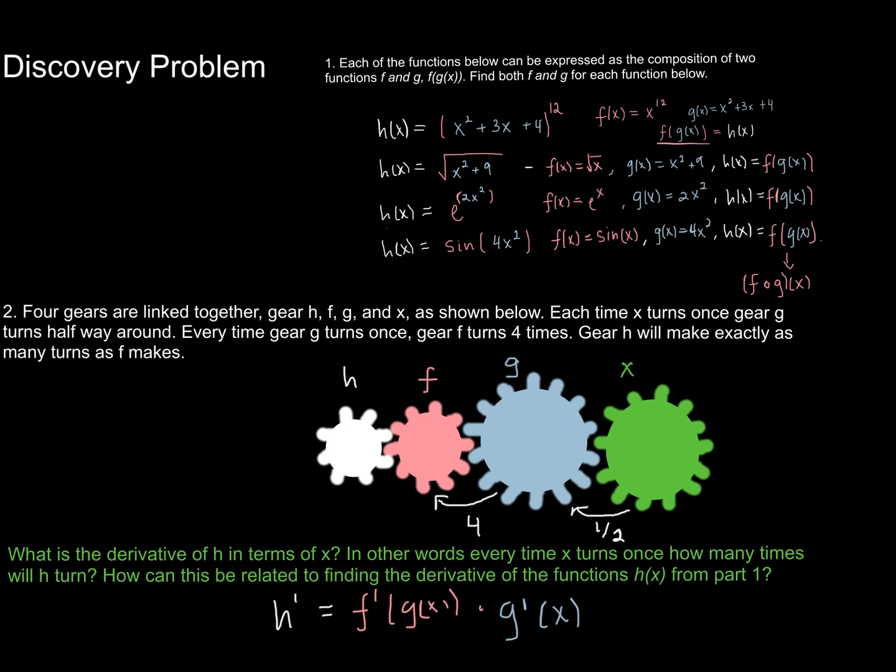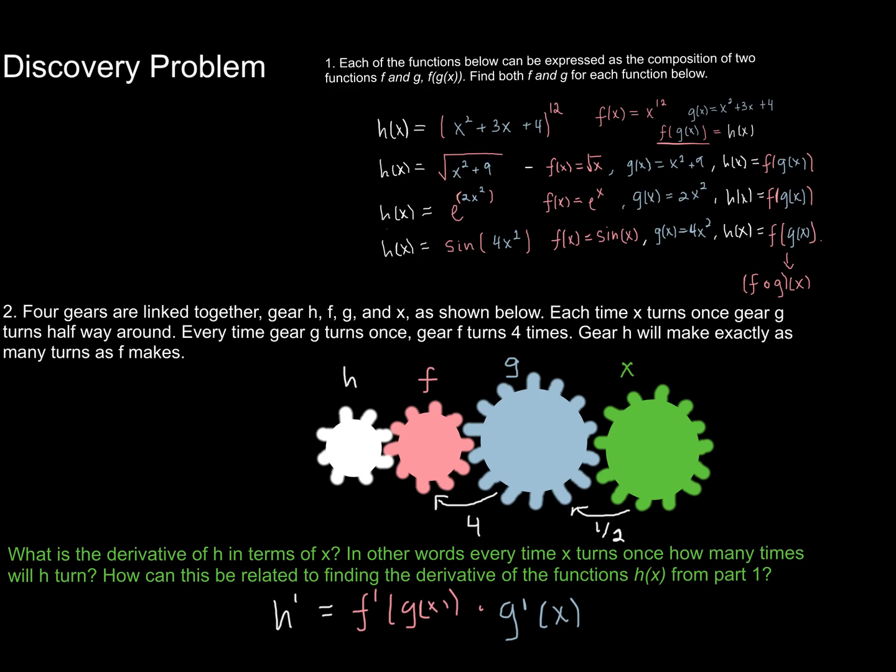And if we actually take a look at this situation, we see that this is perfectly true. g makes a half turn every time x makes 1 turn. So g prime of x would be a half. f makes 4 turns every time g makes 1 turn. And that's going to be exactly how many times h will turn. So if you multiply this out, 1/2, it makes 1/2 turn. And then f will make half of its 4 turns that it would make if g made 1 turn. So it will make 1/2 times 4, or 2 turns,